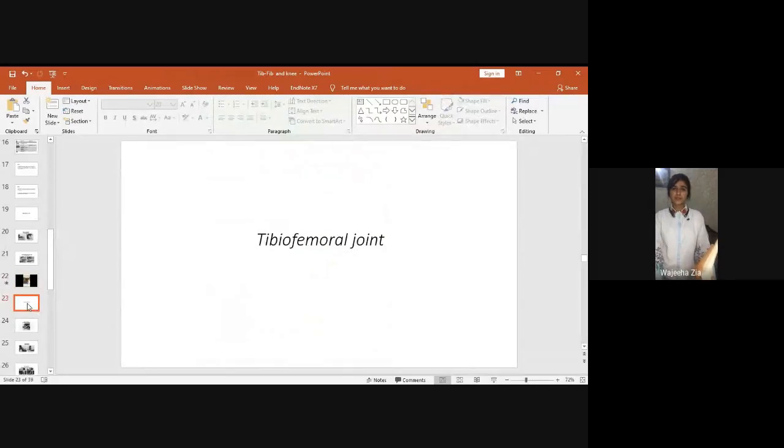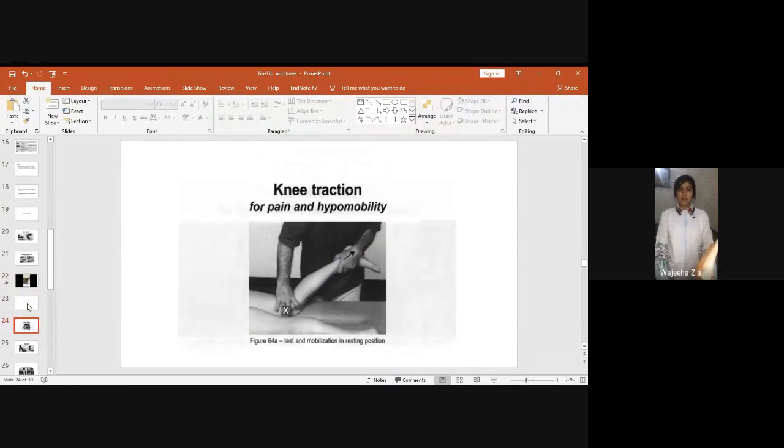Now we'll cover the tibiofemoral joint. The tibia is concave shaped and the femur is convex shaped. So if we are fixing the femur and mobilizing, the glide is applied at the tibia. So the rule is the concave rule. First we'll go through the different positions for the traction. This one is a simple traction position for pain management and to regain the lost range. The knee is in the resting position, which I told you earlier is 25 to 40 degrees of knee flexion. You can see it's about 40 degrees of flexion.